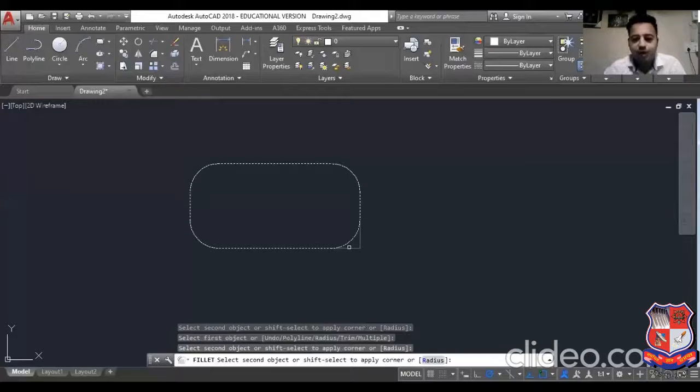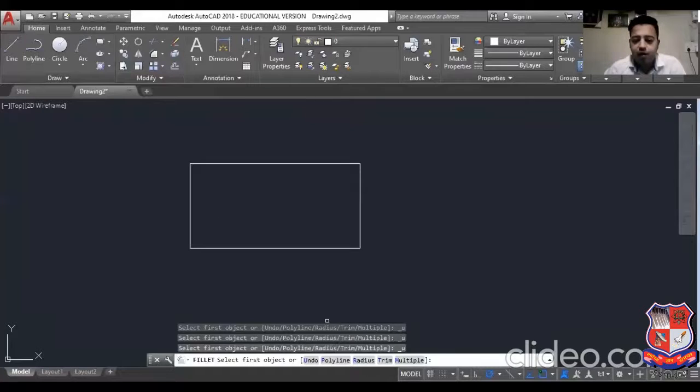That we can do like this. Okay, Control Z. Here we have one option also, trim option, because you can see if I select this and this, okay, the corner is trimmed by default. Okay, because in the option trim option we have already selected trim by default. So if I say no trim, then corner will be as it is. Okay, it will not remove trim one and two line. Okay, and multiple option is already on. That's why it is taking multiple sides. Okay, Control Z, Control Z.